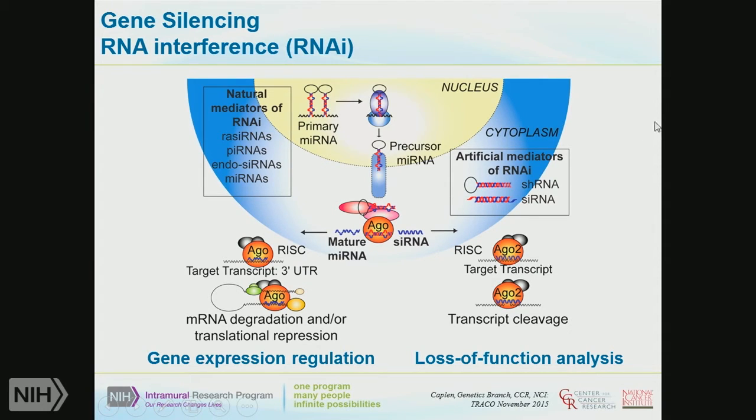In this case, this is by using artificial mediators of RNAi that either mimic very closely what you see for the structure of a precursor microRNA, where you use a short hairpin structure, or you use an siRNA, which is a synthetic version of these. These will be introduced into the cells. They will access the pathway at this point. But what's different here is they will interact with the target transcript with 100% alignment of the sequences. And that will then induce a cleavage of the transcript and therefore loss of that transcript and therefore the loss of that protein.